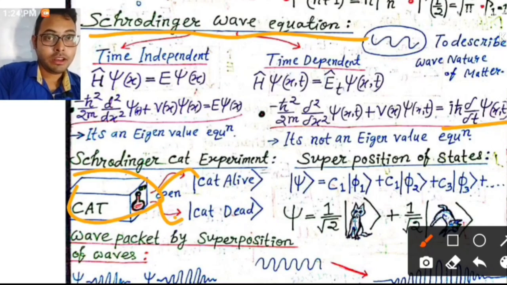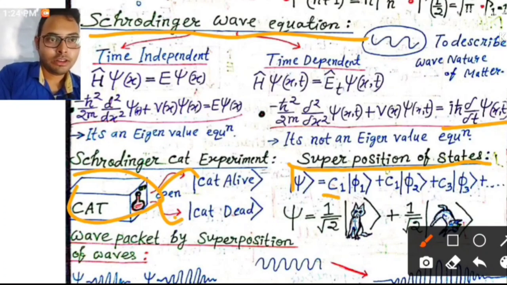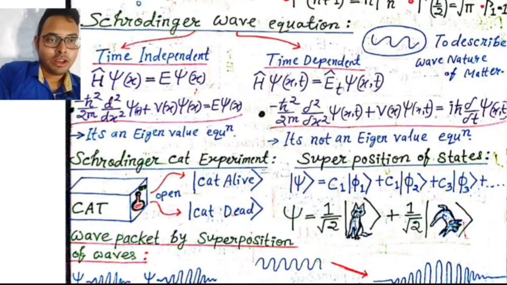Superposition of states is a very important understanding in quantum mechanics. Superposition and entanglement, decoherence, coherence, right? Psi is the wave function, a superposition like this. This is the normalization constant for psi 2, and this is the normalization constant for psi 3. So here the wave function is a superposition of dead